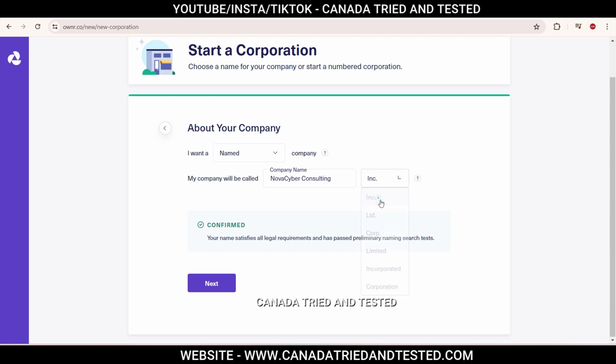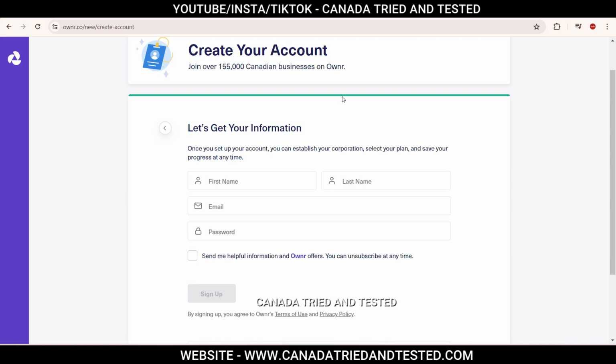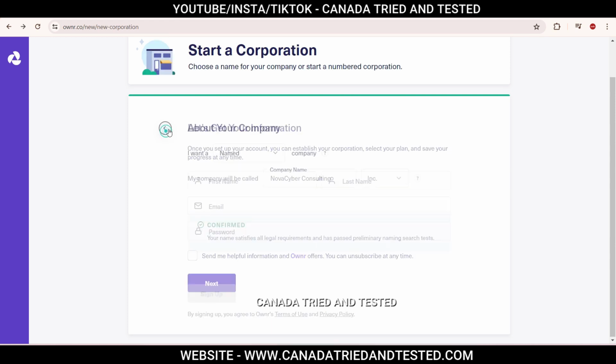So I'm choosing this. So the company I have in my mind is Nova Cyber Consulting Inc. And then I can click next, which will get me to the sign up page. Before that, as I have shown you how to come up with a name and make sure it is correct, that part is done. We'll go back to the numbered